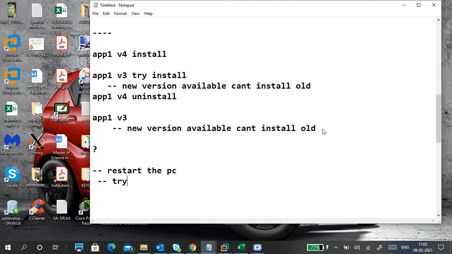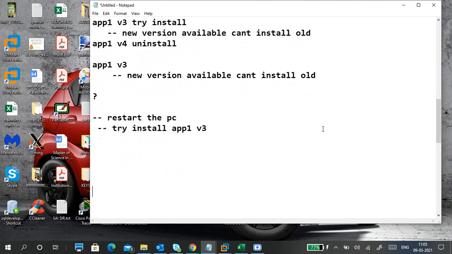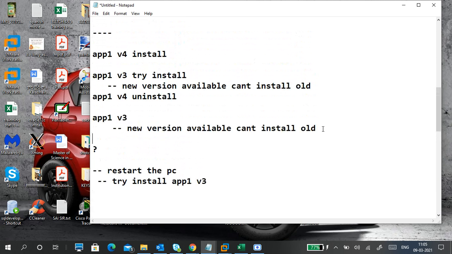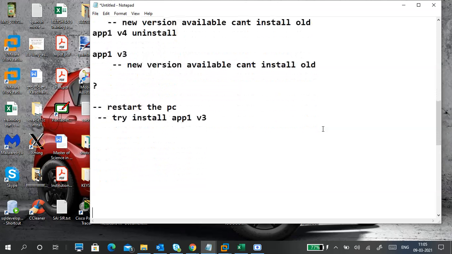I put the name app one because I don't want to use any real name. You can think of something like VLC player, the most common one, or VMware Workstation, VirtualBox, anything you can tell. Okay, so this is the one thing.